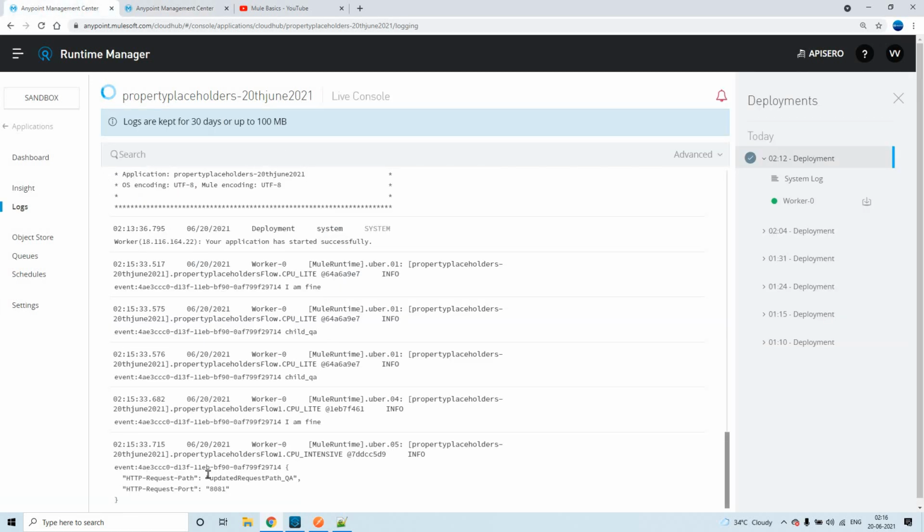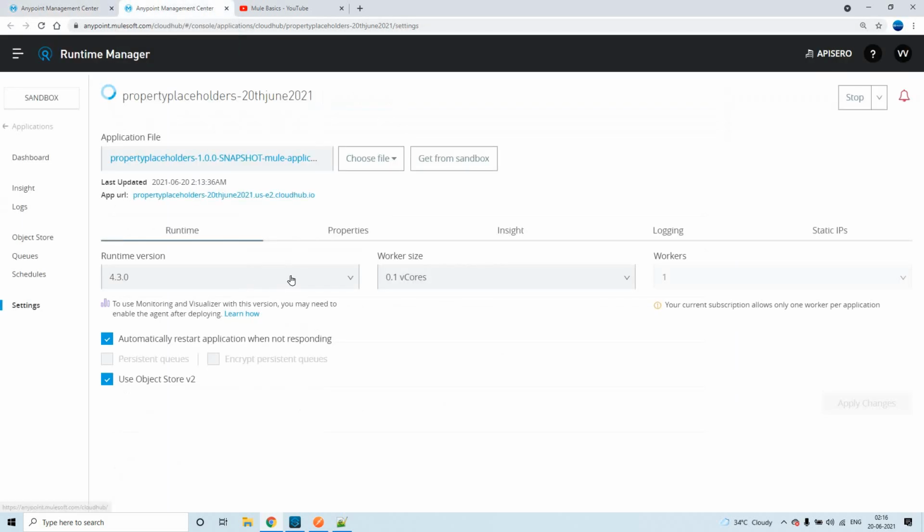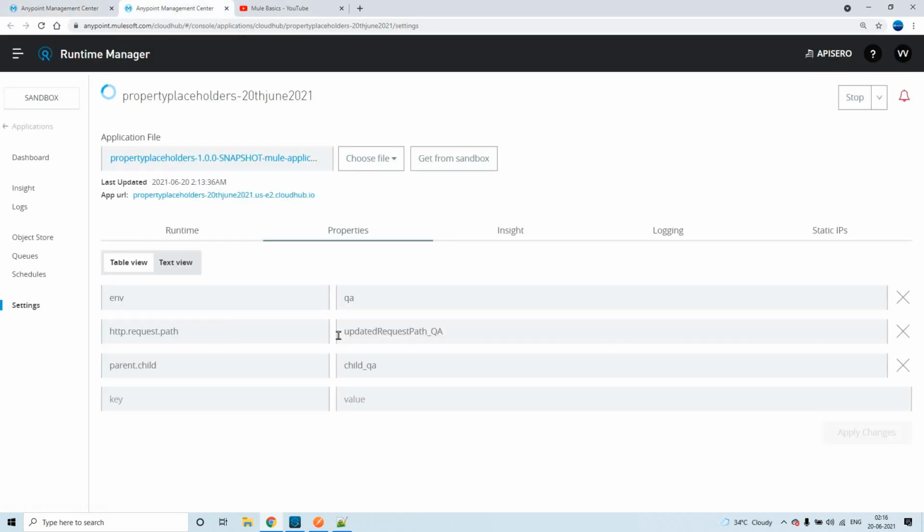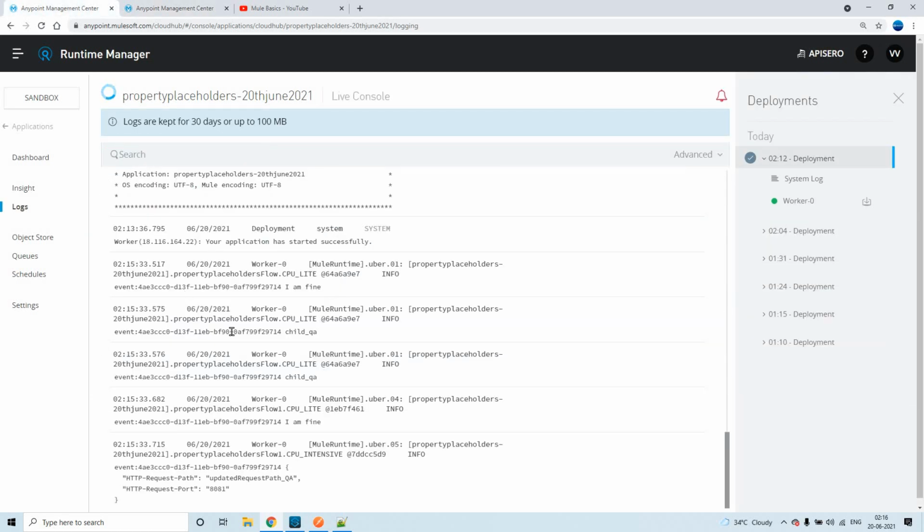So we have overridden the HTTP request path and also the parent.child property. These two properties we have overridden. The previous values are replaced with the updated values, and that is what you could see